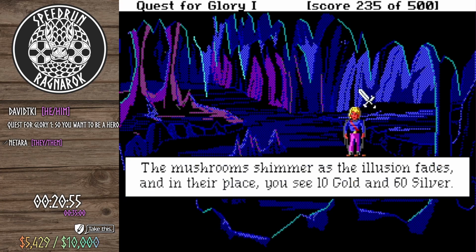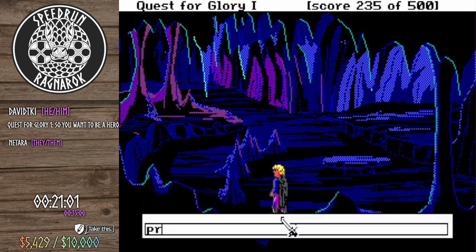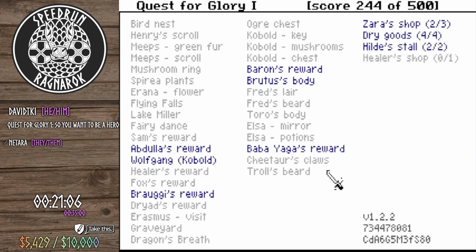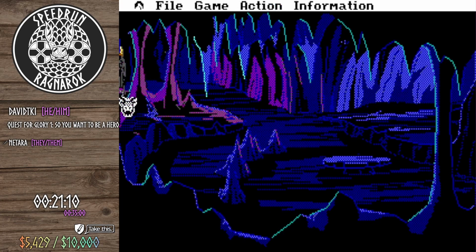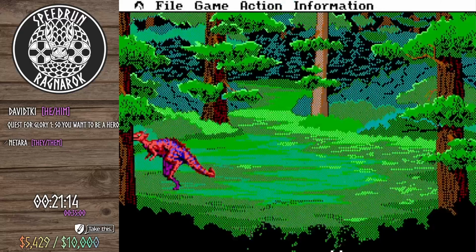Okay, get the toadstools. The mushrooms shimmer as the illusion fades, and in their place you see 10 gold and 60 silver. You just bumped into something in the floor. Get on. You add a piece of... Oh no, that's not good. Okay, there's not very many places left to check. So, uh-oh. That's...